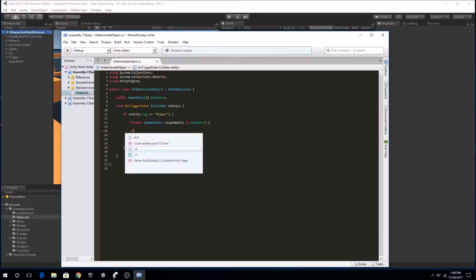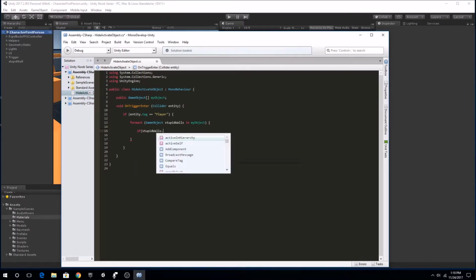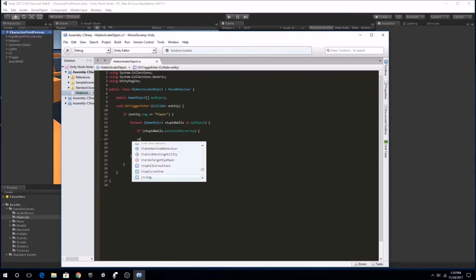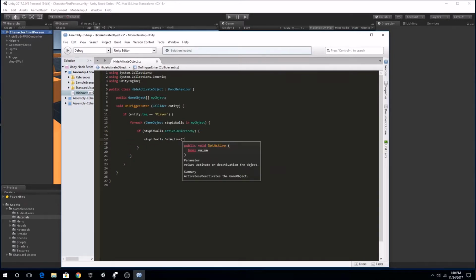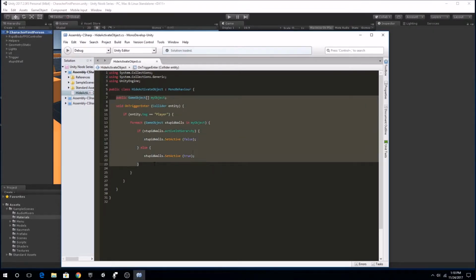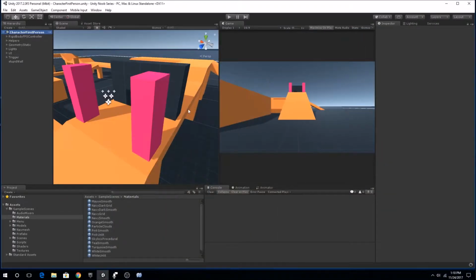So basically, we have to check if our stupid wall is active or not. If it's active, then we're going to go ahead and turn that off because we don't want it, remember? So get that out of here. Fantastic. Else, if it's not, then we want that stupid wall. It's not that stupid to us. We like this wall. We want that wall to be our friend. So we're going to want that wall to be there. This is going to do the same thing I had as before, except now we can do it to however